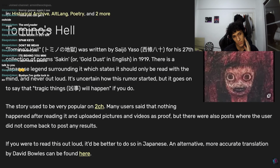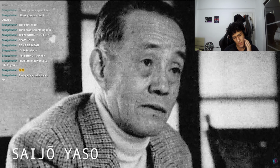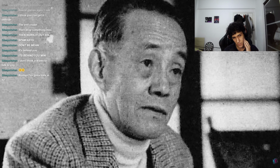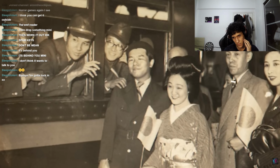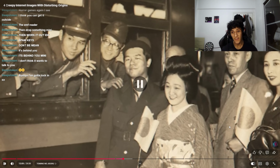For those who aren't aware, Tomino no Jigoku, or Tomino's Hell, is a poem by Saijo Yaso, one which became famous thanks to its supposedly cursed status. Published in 1919, the author, Yaso, who was predominantly a children's writer, drafted the